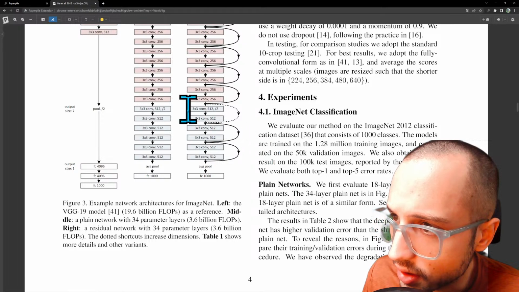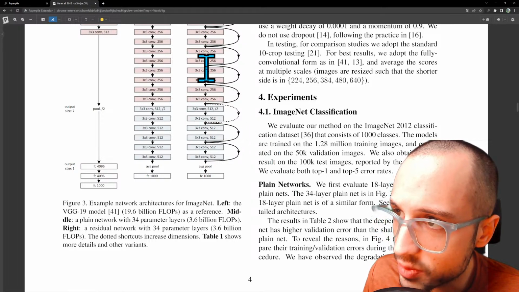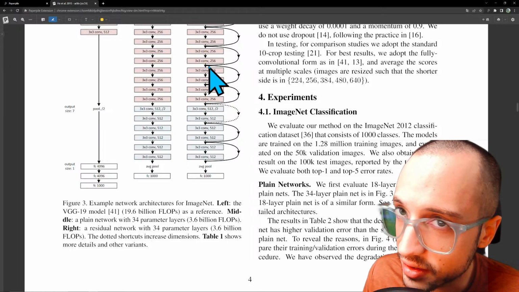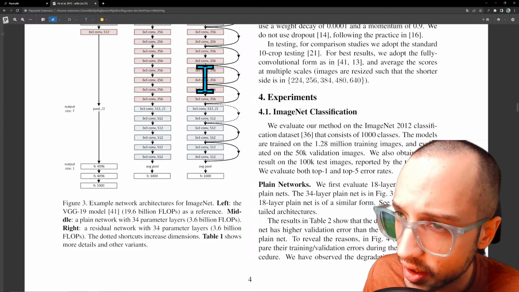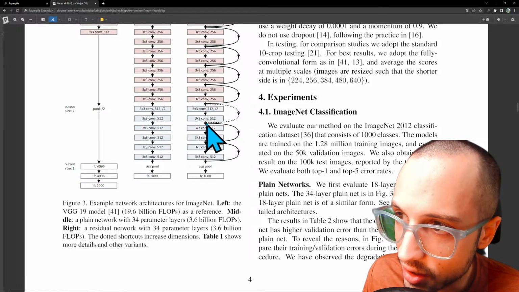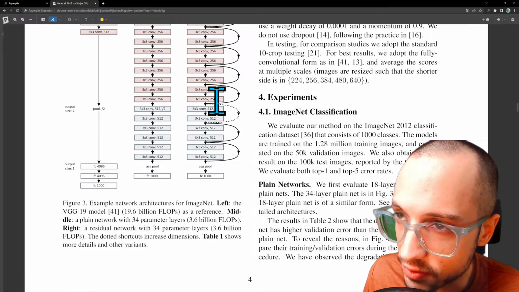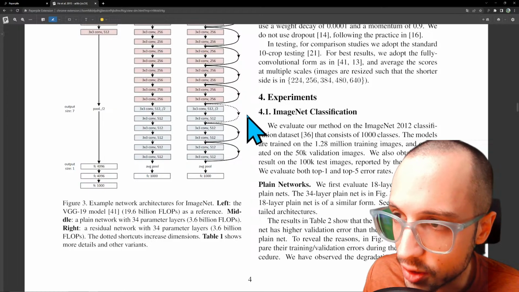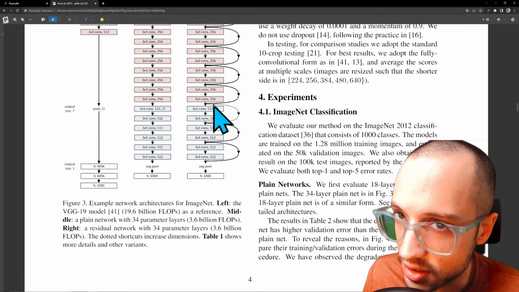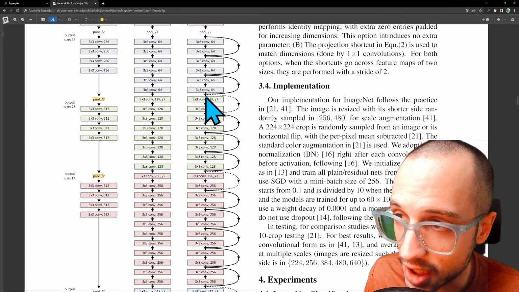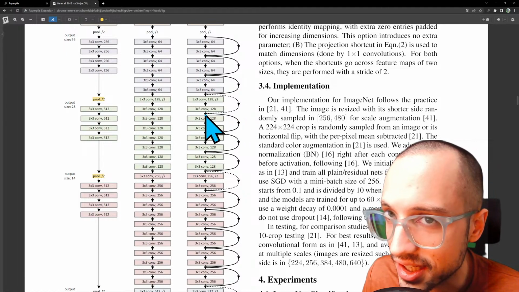Yeah, so as they were saying, sometimes the residual connection from here to here, the dimensionality of what comes out of this 3x3 conv block is the same as here, right? You have 256 channels, a 3x3 conv. But from here to here, the dimensionality changes, right? Here you have 256 channels, now you have 512 channels. So if you want to have a residual connection from here to here, you need to increase the number of dimensions. So that's what they're showing you with this dotted line here, is they're basically saying that some of these residual connections, you have to increase or change the number of dimensions so that you can add them cleanly.